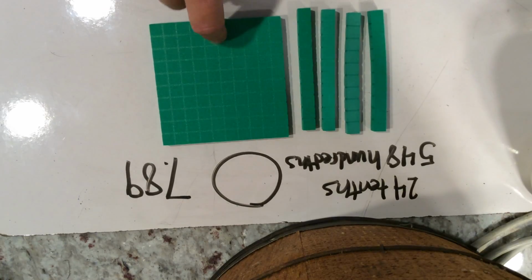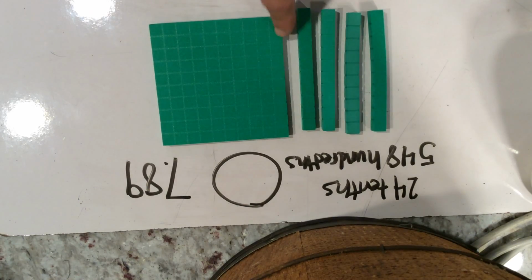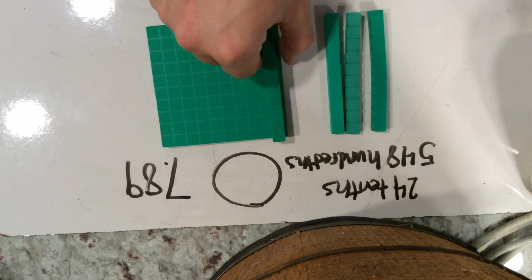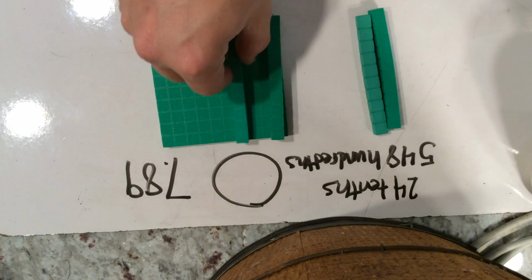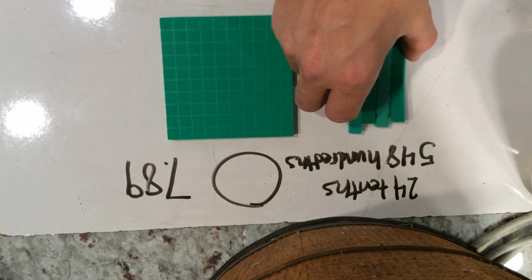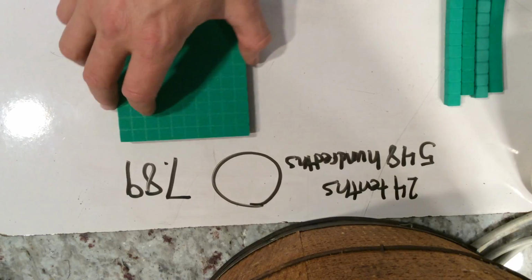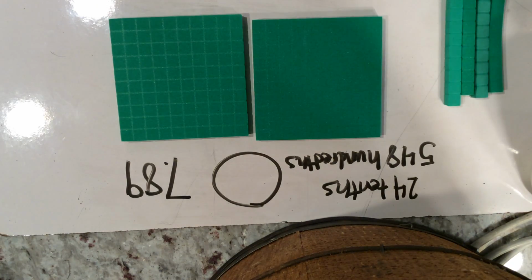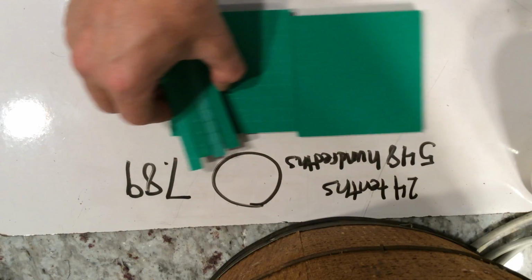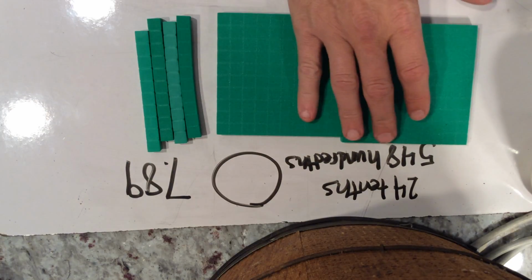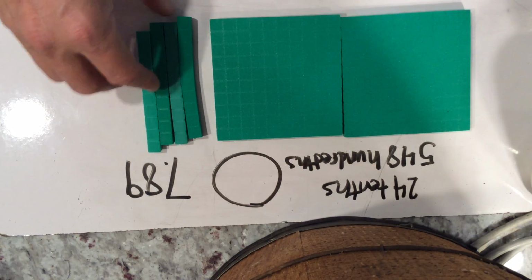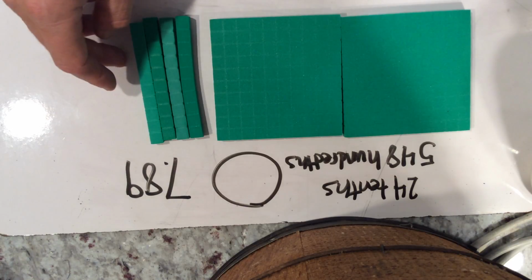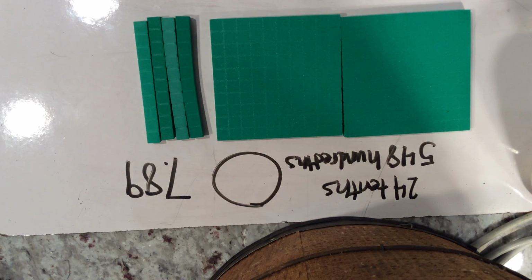Right here, we know that this whole has 10 tenths based on the 10 columns that would be within here. Okay, so what we're going to do is we realize that we have 24 tenths. So if one flat is equal to 10, a second flat would be equal to 20, and then we would have our 4 tenths left over from the 24. Now this is just part of the process. This is going to help us when we come up with our decimals, but we still have to consider those